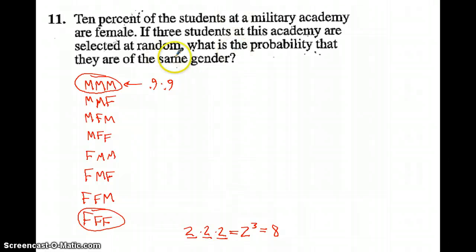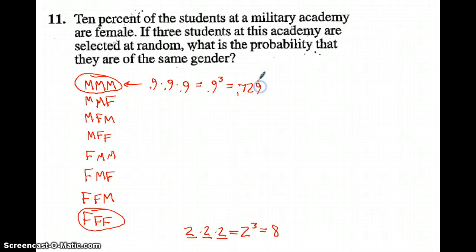But we're going to assume that this place is so large that we're going to ignore that thing. In a deck of cards, that's not big enough to ignore. You have to consider, oh wait, we've taken one card out. There's only 51 left. There's one less of whatever I just picked. But here, we're going to assume that it's always going to be 10%, even if it's a little bit of a lie. But we just can't do anything about it right now because we don't know the size of the school. Okay, so 90% times 90% times 90% is like 90% cubed, which is, I believe, 72.9%,